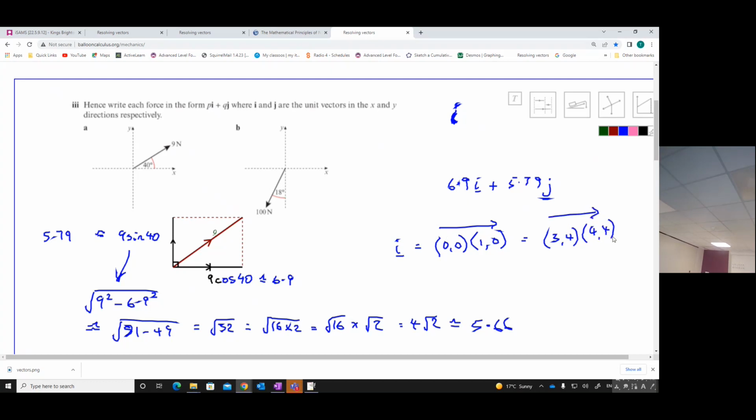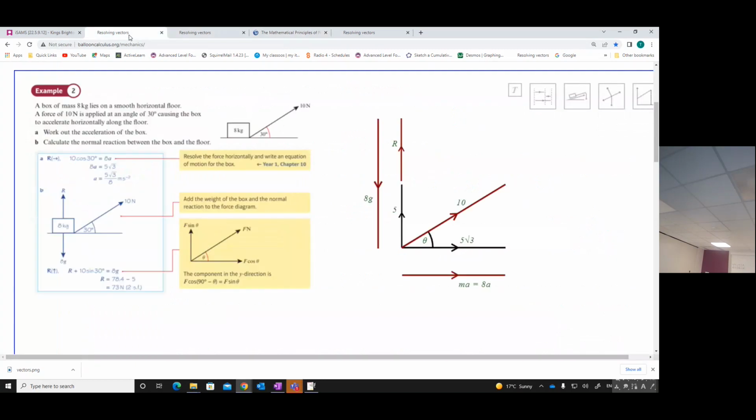So that's i, if you want to know what i is. It's either of those, because it doesn't matter where you start or finish as long as you go the right distance in the right direction. And the distance is 1 unit for these so-called unit vectors i and j. So there's your answer. Okay. So moving on to